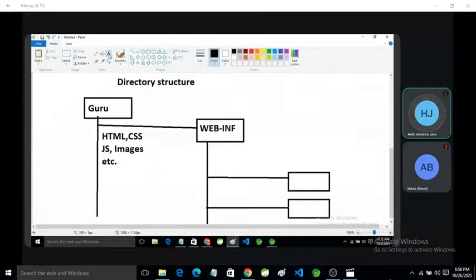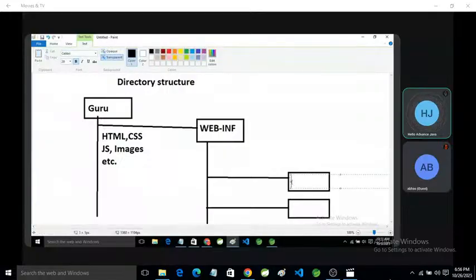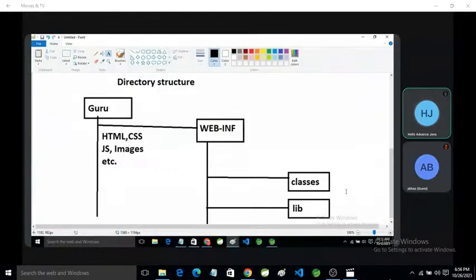First is classes, and second is lib. Lib is optional, but classes is mandatory.